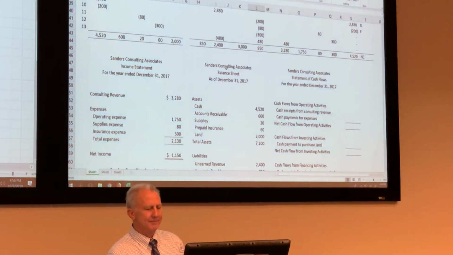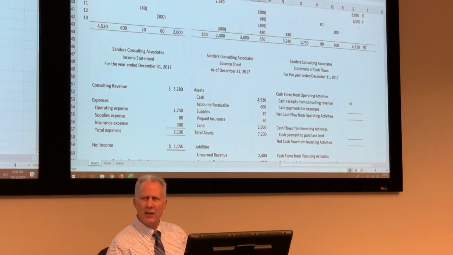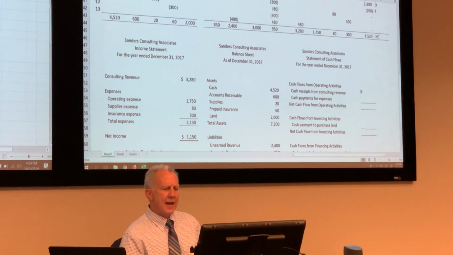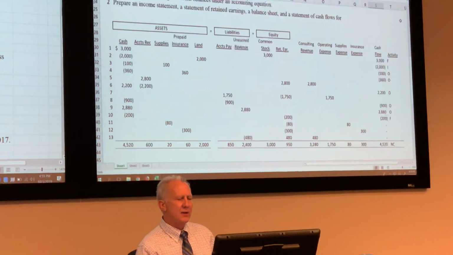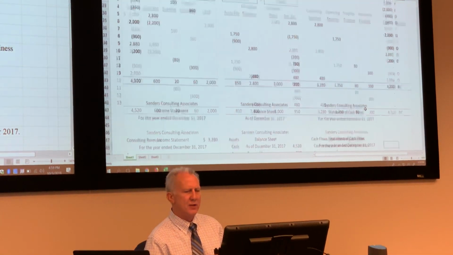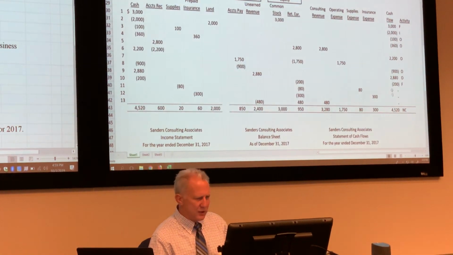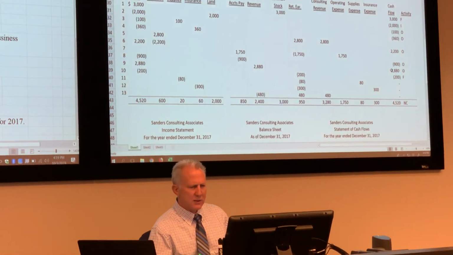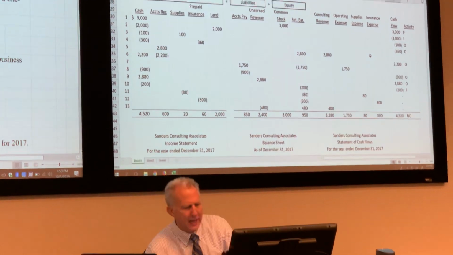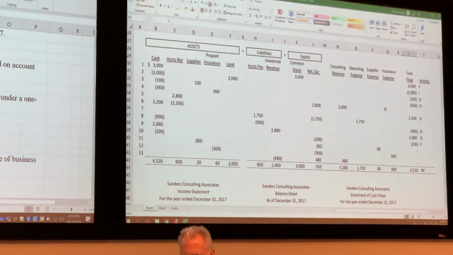Cash flow statement. Class coming in here at 5? Good, okay. Cash receipts from, so now we gotta do the cash flow statement. Operating activities, cash receipts from consultant revenue, we gotta look at all the operating ones and what they are, okay? So, I don't remember the transactions, we gotta go back and look at it. We could have wrote it alongside of there when we did it, but,